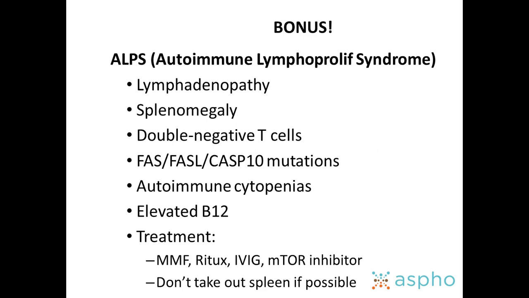But ALPS is another thing that's just so classic, it'll get tested. The board review only has 2 lines on ALPS, but I seem to remember a lot of questions. And I always hear people saying, oh man, there are so many questions on ALPS. So just remember autoimmune lymphoproliferative syndrome is a weird disease because it looks like leukemia, but the cells just don't die. And again, I'm totally switching gears here. We're talking about lymphocytes. We're not talking about neutrophils or myeloid cells anymore.